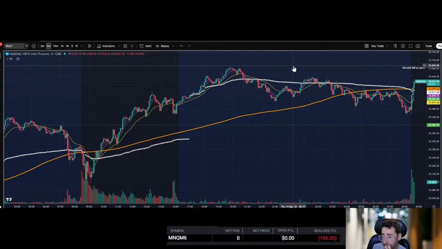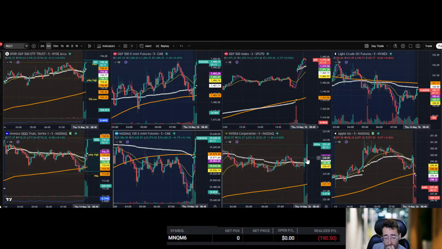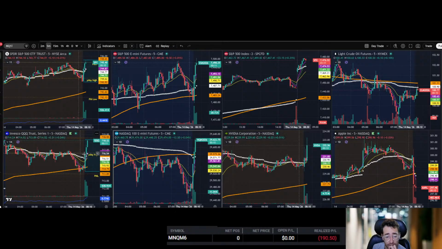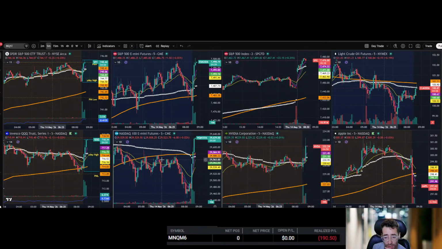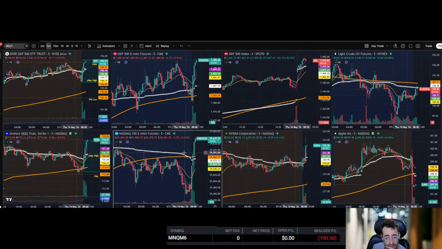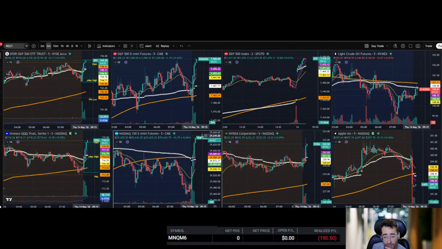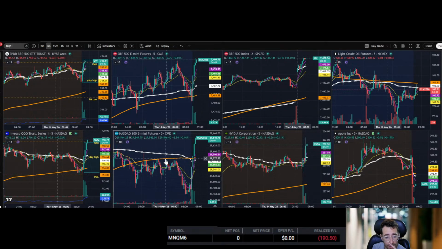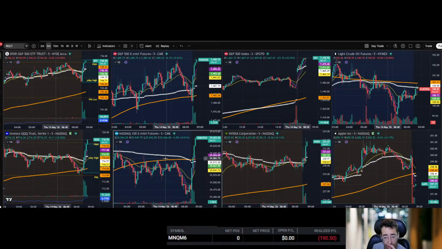This was the high of day. This was the pre-market high. So we still have a little room up. It's kind of clown stuff that it's just going straight up. We don't want to go short on this. It's just so strong. ES is not as strong as NQ. NQ is much stronger.